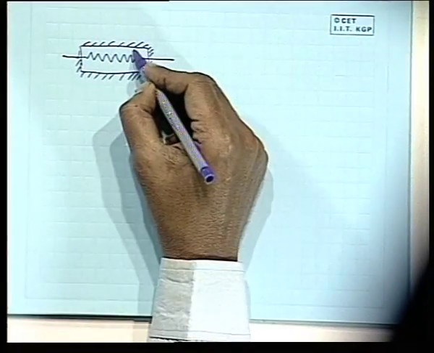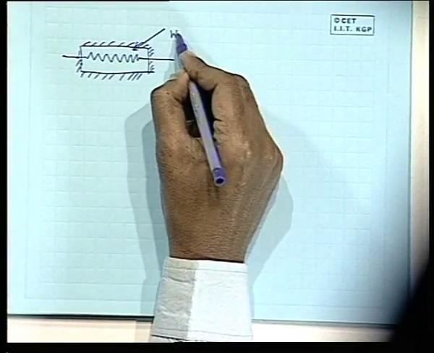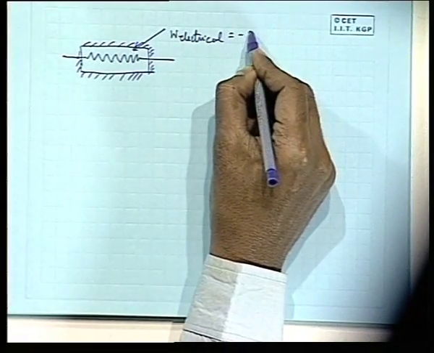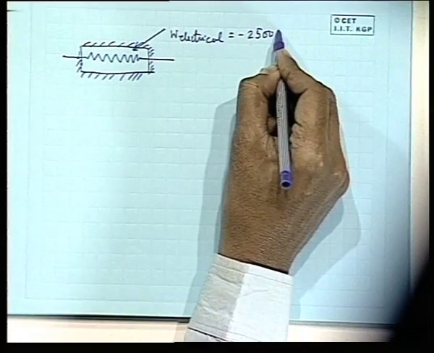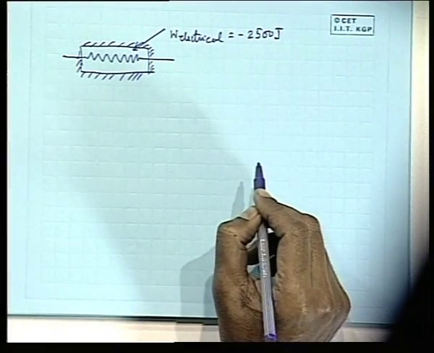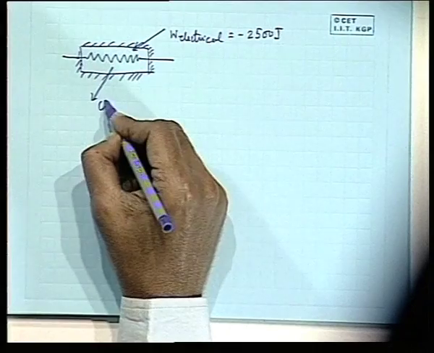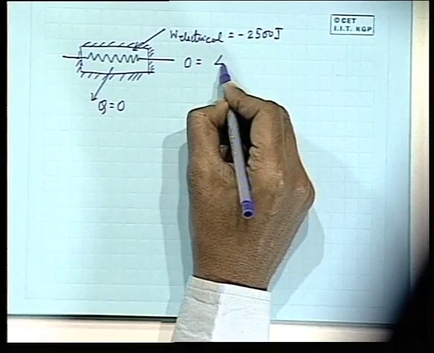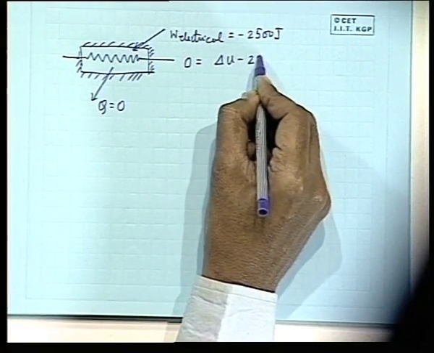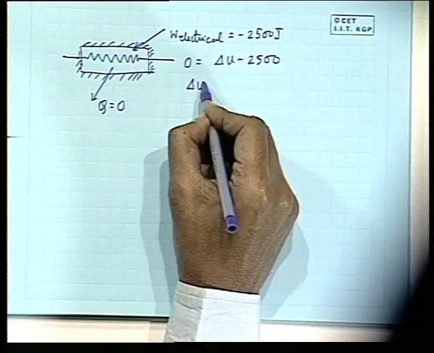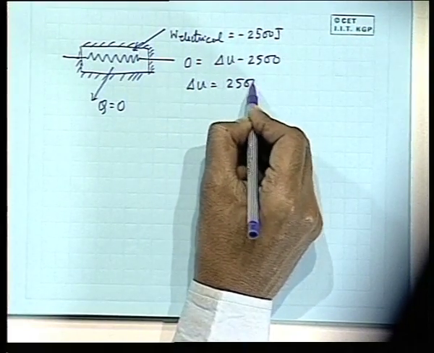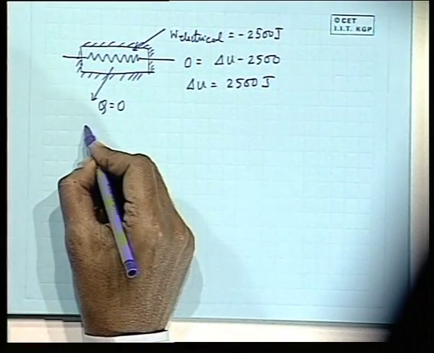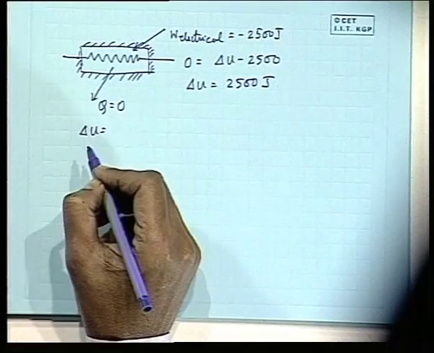Now, work transfer is there, W electrical. What is this amount? This is minus 2500 joule, as we have already calculated. But what is Q? So, according to the first law, 0 is equal to delta U minus 2500. Now, you see there is a delta U. That means the internal energy has increased, and as we know, delta U is equal to C into delta